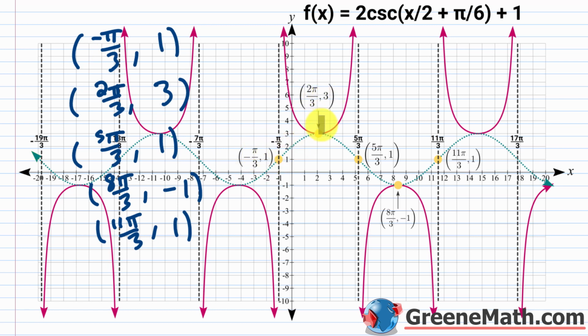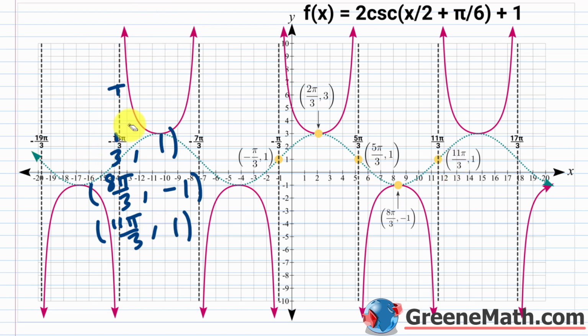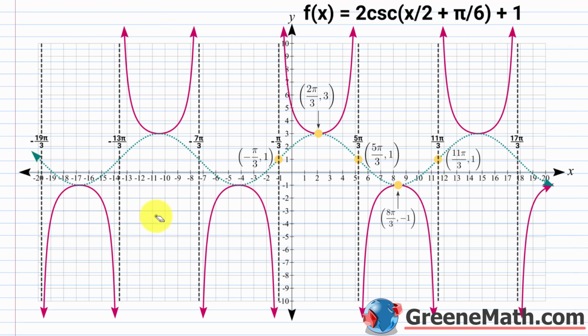You have 2 pi over 3 comma 3, that's this right here. Then you have your 5 pi over 3 comma 1, that's this right here. 8 pi over 3 comma negative 1, that's this right here. And then 11 pi over 3 comma 1, so that's that right there. Again, when you think about the beginning, the middle, and the end, so those guys right there, you take the